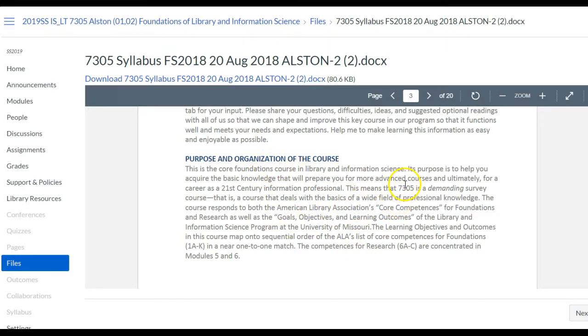This course is a very demanding survey course. I do promise to grade fairly, but there is a lot of work, and this is a condensed class because it's summer. So just know that it's going to be somewhat of a stressful class. Now, if it makes you feel any better, it's going to be stressful for me as well. Everything that you all do, that you turn in, that you post on the discussion board, I've got to read